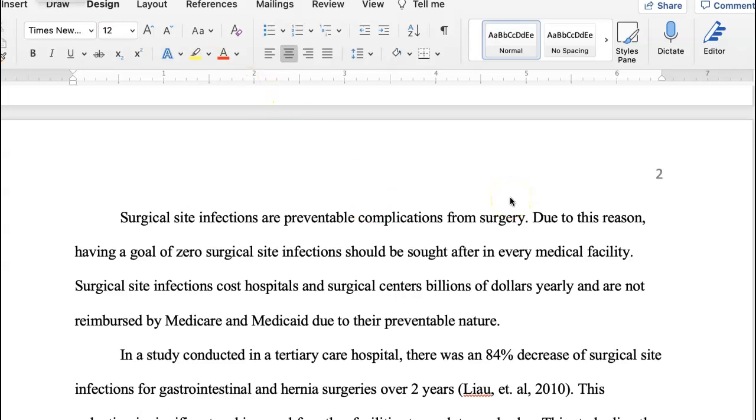So in this particular evaluation, number 2, we're looking at the target or goal, and we want to make sure the clinical problem is clearly identified and directly related to information systems or technology, and that the significance of the problem is identified, and that our goal is clear, our targeted outcome is clearly identified. So as you stated here, surgical site infections are extremely important in healthcare, and having a goal of zero surgical site infections is extremely important.